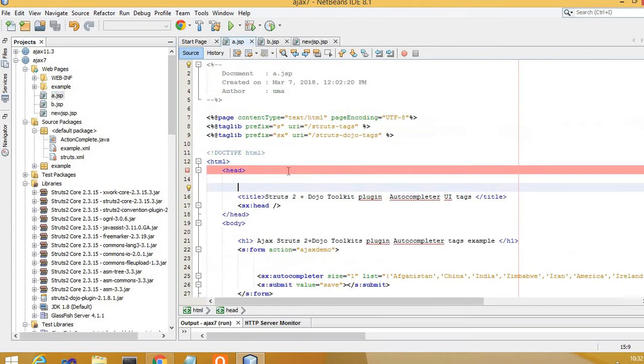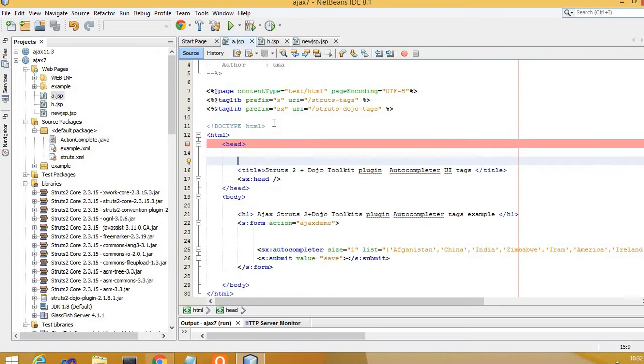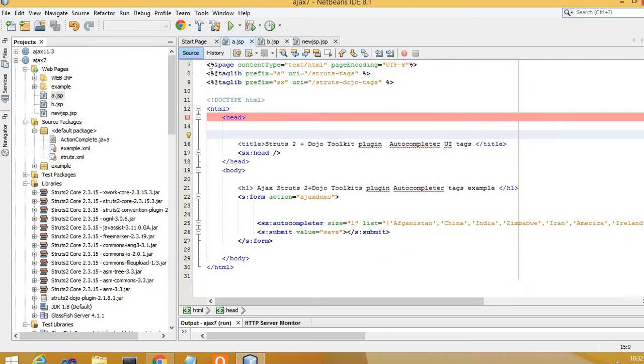So this is open over here. Here you can see what tag libraries we need to import. First of all, we need the struts tags library. The URI is struts tags and the prefix is given as S. For struts dojo tags, which we want for Ajax based application implementation of autocompleter tags, we need the struts dojo tags, and for that the prefix given is SX.